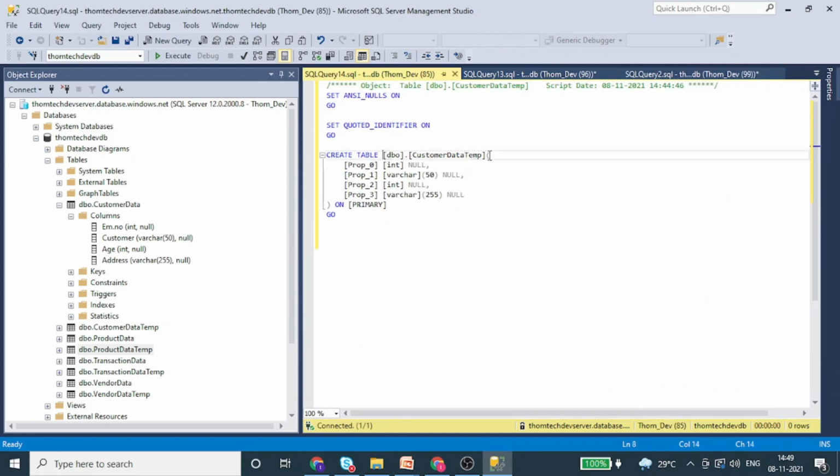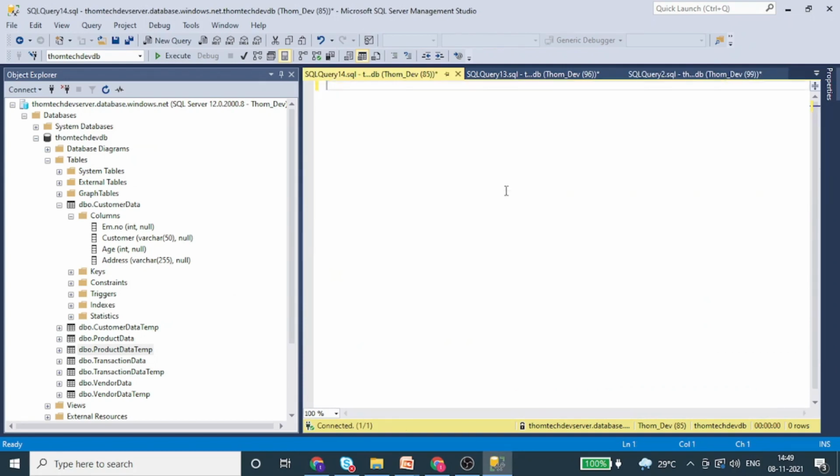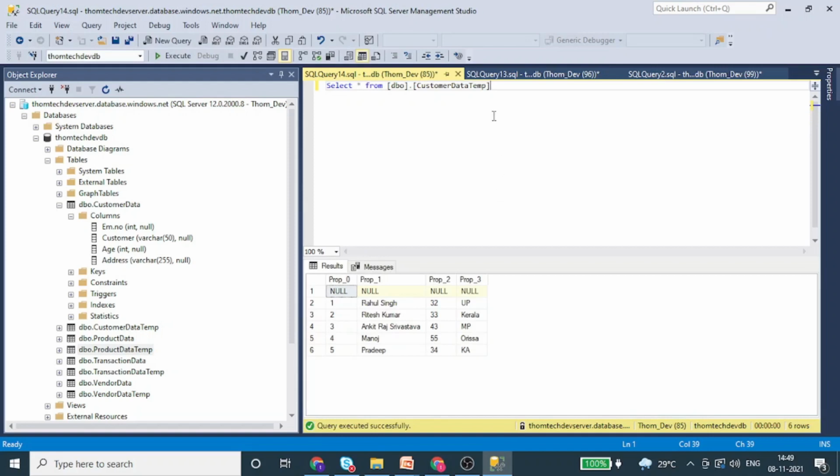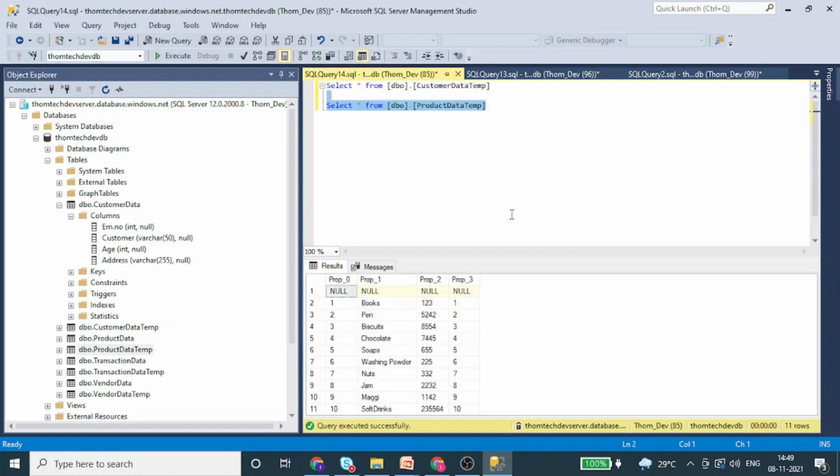Okay, so this is my temporary table customer. Let's go and select this. Okay, so my customer temporary table is loaded with one null, and then we have the product table that also got loaded, okay, with null. Now what we have to do, let's go and close this